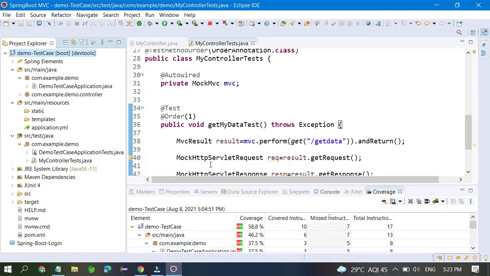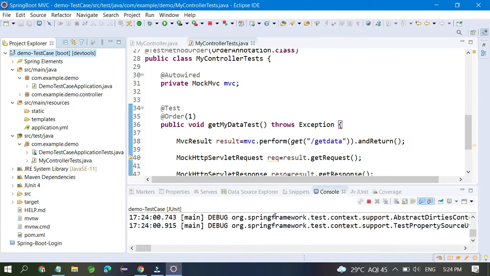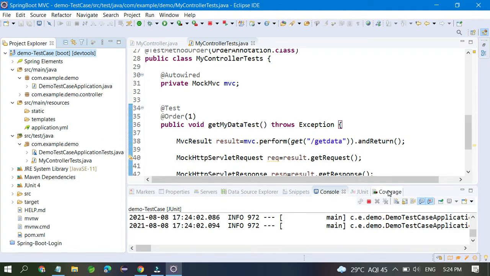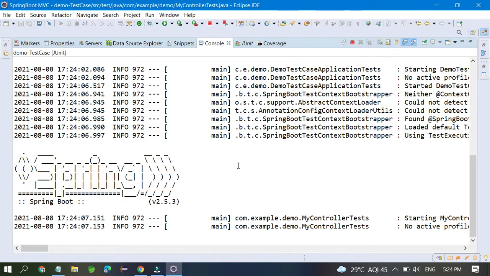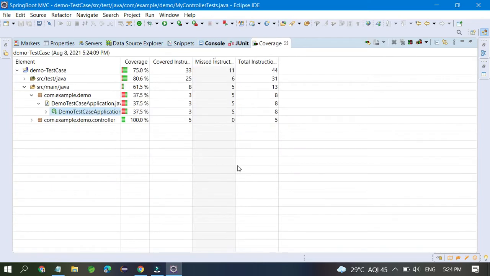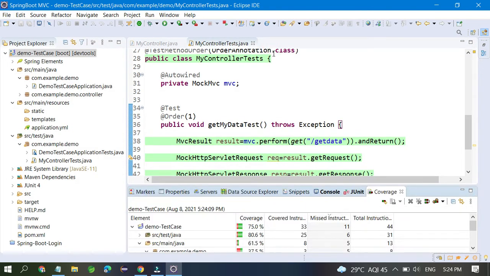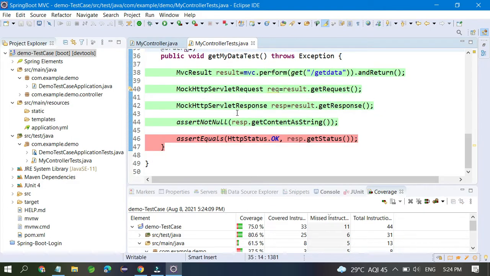You can see here, this is the code coverage. Assert not equals is response dot get status.